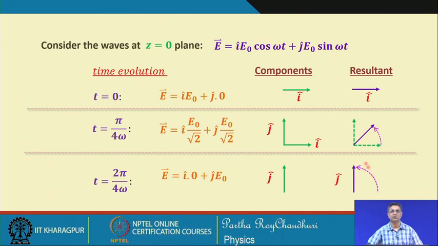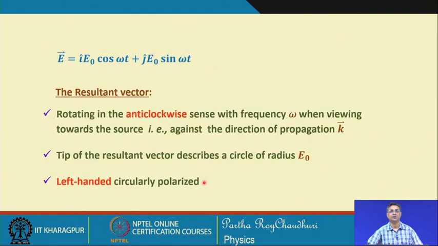This is how we see that the superposition of simple plane waves can give rise to various phenomena like interference and the polarization evolution along the z direction. The field is rotating in the anticlockwise sense, the tip of the resultant vector describes a circle of radius a 0, and this situation is called a left